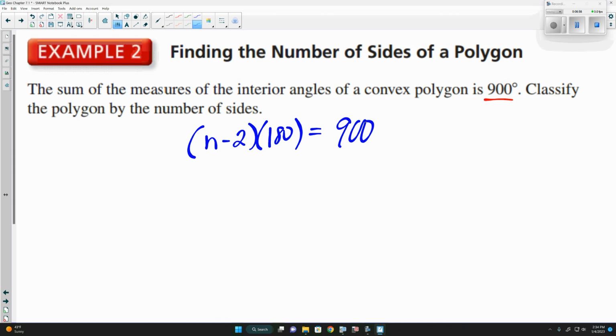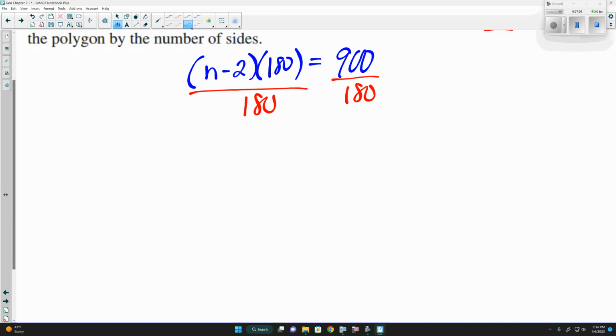Yes. Because we need to get n by itself first. So the easiest thing to do first is divide both sides by 180, which will tell us that n minus 2 is equal to, well,